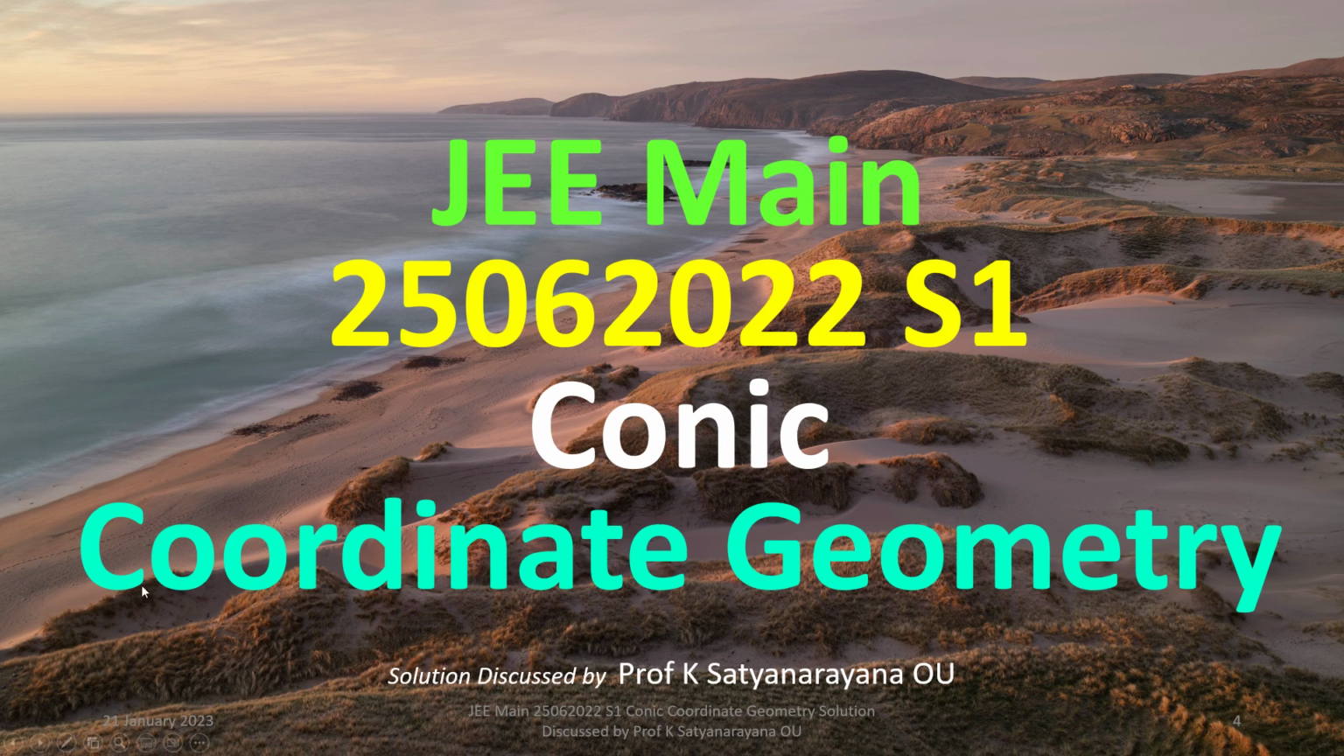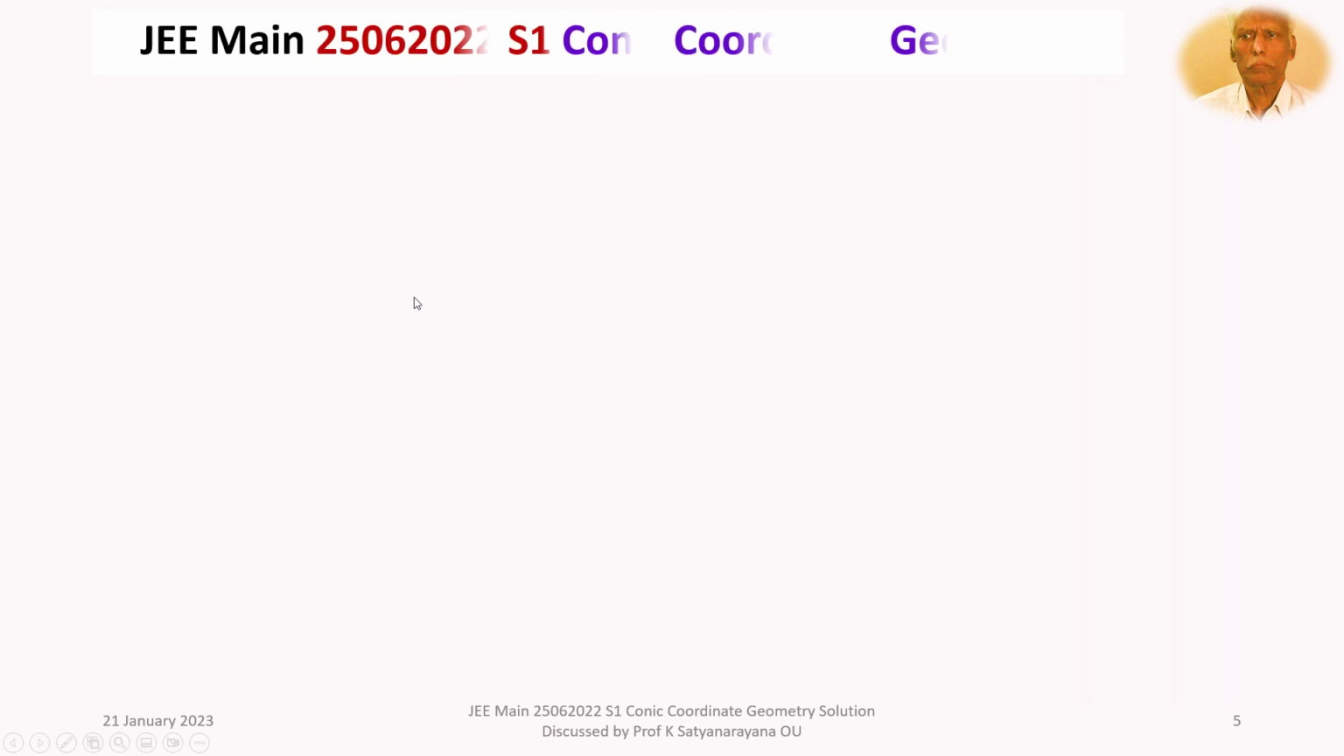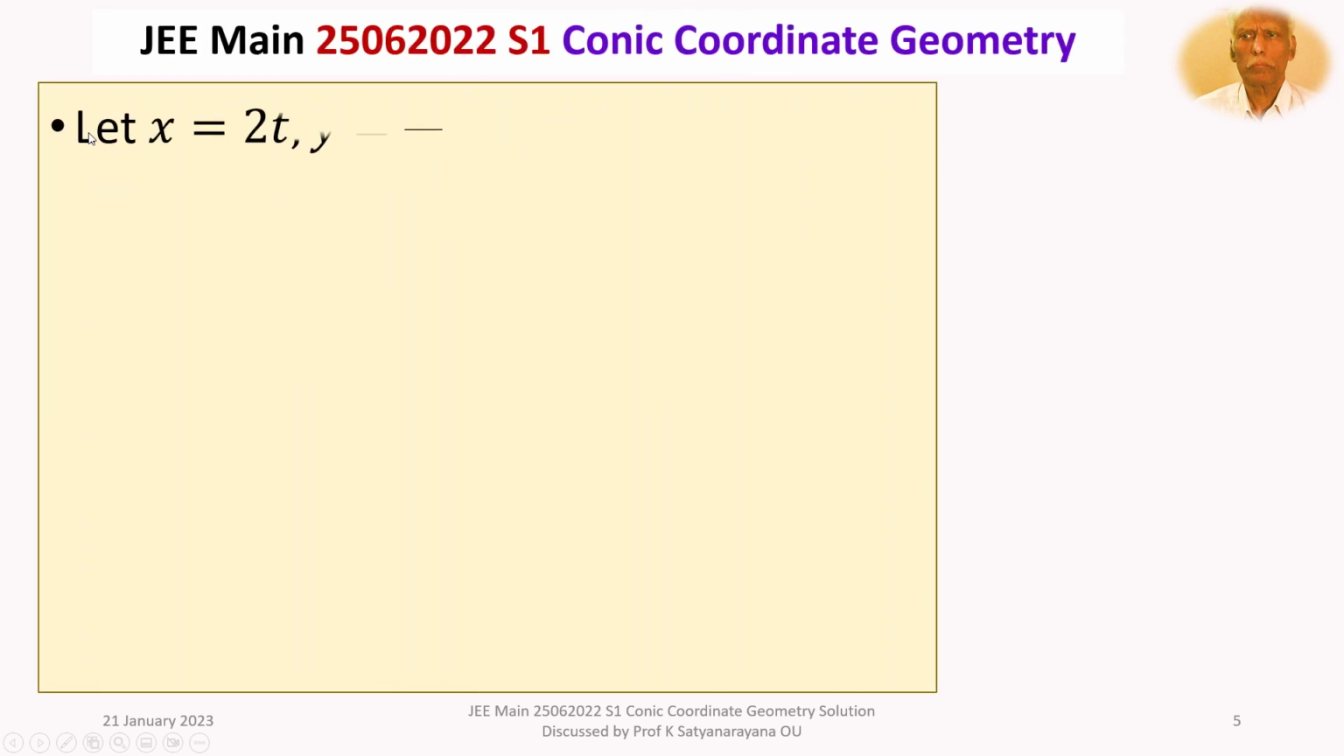We now discuss the solution of a problem from the section Coordinate Geometry. And the problem is on a given conic. This question has appeared in the Joint Entrance Examination Main held on 25th June 2022 in the morning shift. The given question is, let x is equal to 2t, y is equal to t square by 3 be a